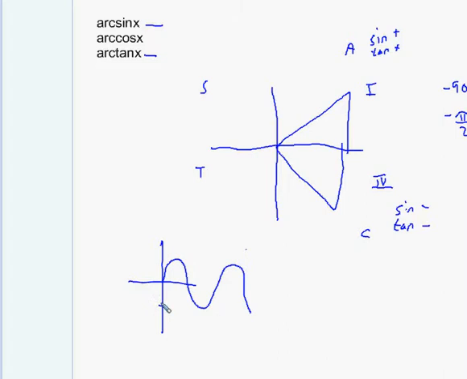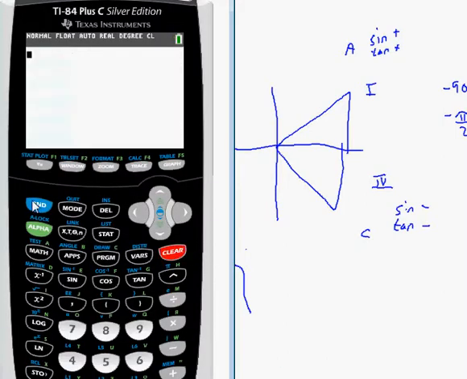It can only go as low as negative 1 and as high as 1. So I've got to be careful what numbers I plug in to the inverse sine. I can only ask it to evaluate inverse sine between numbers like negative 1 and 1. So being a little careful, I'm going to see what happens when I take the inverse sine of a positive